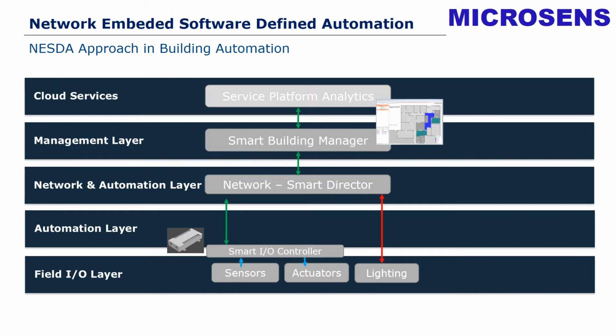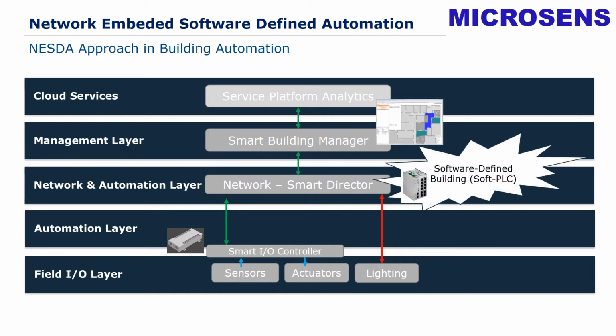So you can see we jump over a layer, the automation layer, which in the past was responsible for doing the automation. In our case it is not really necessary, because we have implemented into the network layer